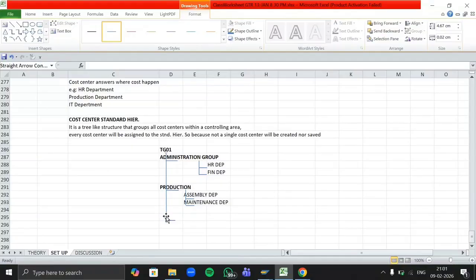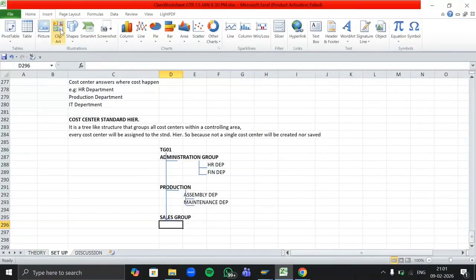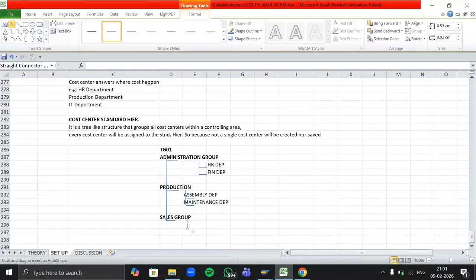So it's like a whole tree. Under this tree we are going to create different kinds of departments over there. So under the sales group I have a sales department.